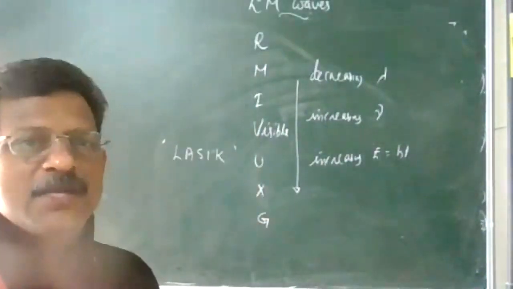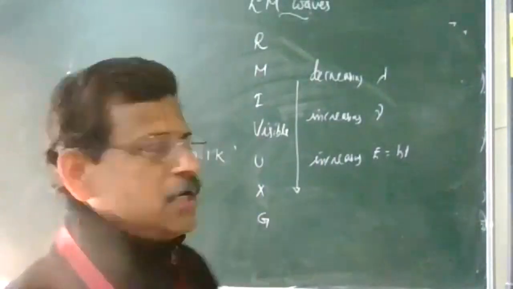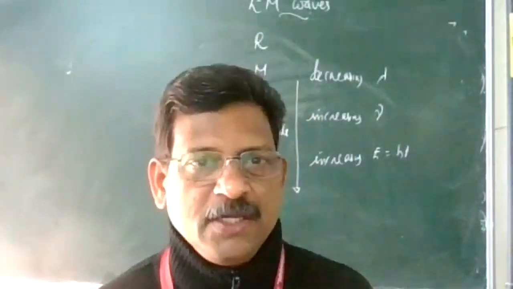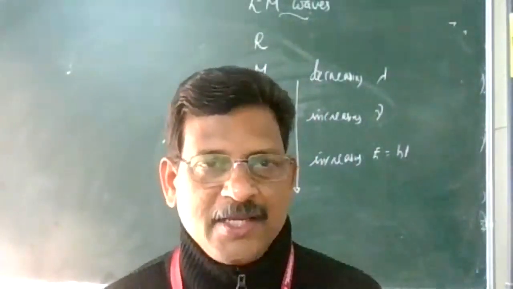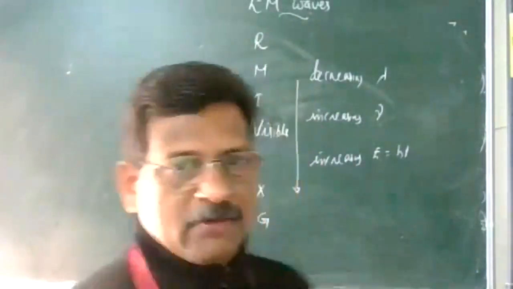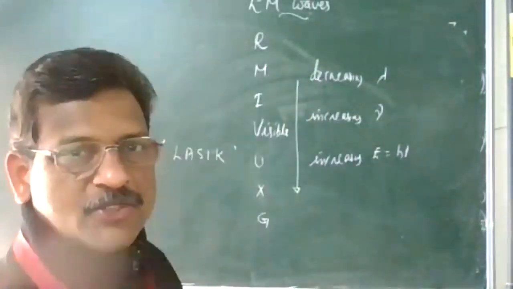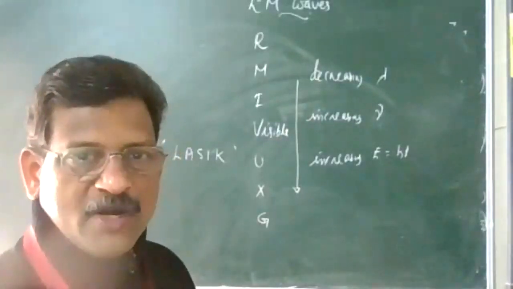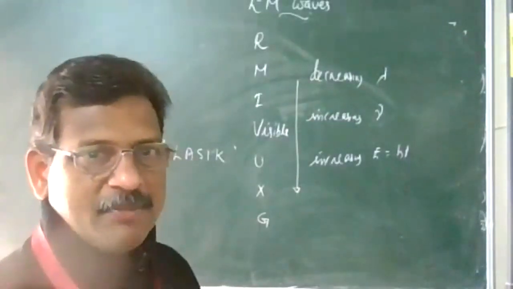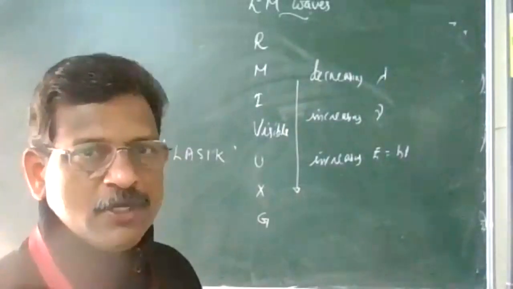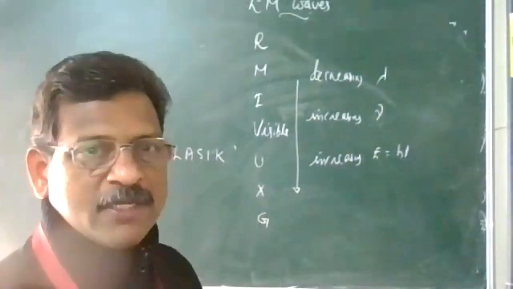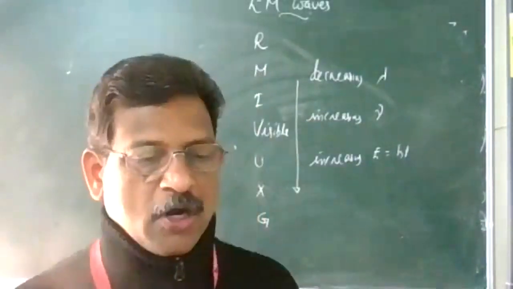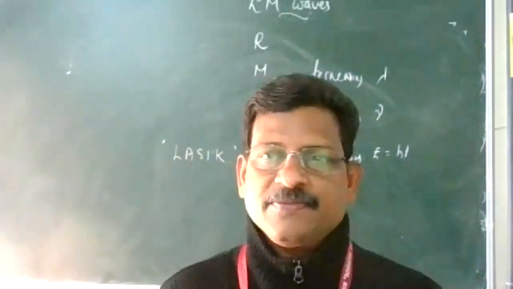There are some other rays also, cosmic rays, but we are not including these. So the highest energy is for gamma rays and the minimum energy for radio waves. You can remember the order: radio, microwave, infrared, visible, UV, X-rays, gamma. It's a very important one. There will be questions in the examination from the different uses. You have to remember the uses, the wavelength range and frequency range, how to produce and how to detect them. So what are the different uses of gamma rays?